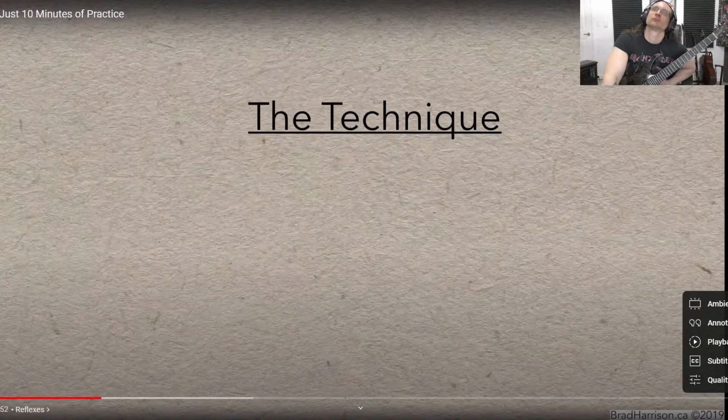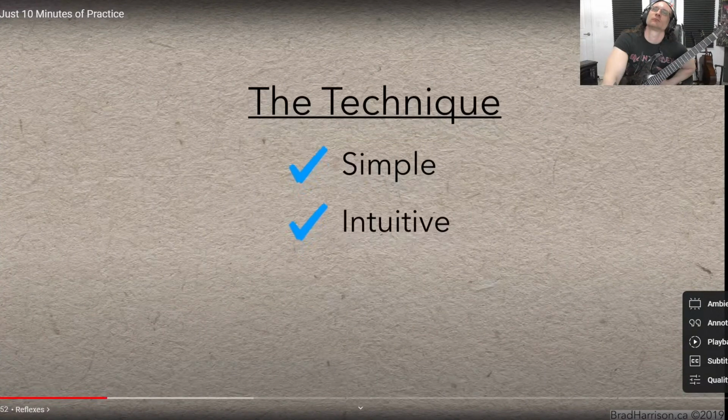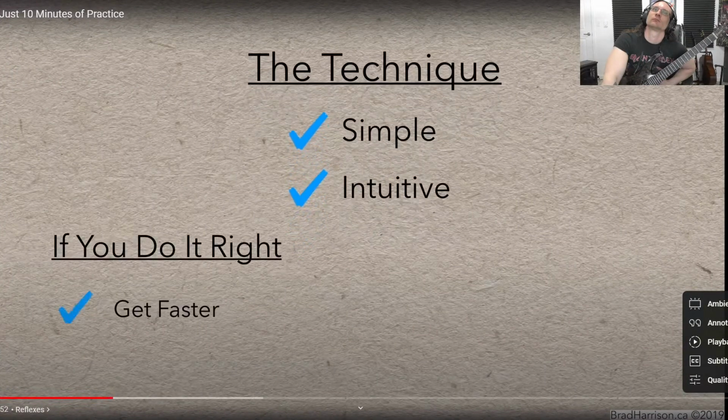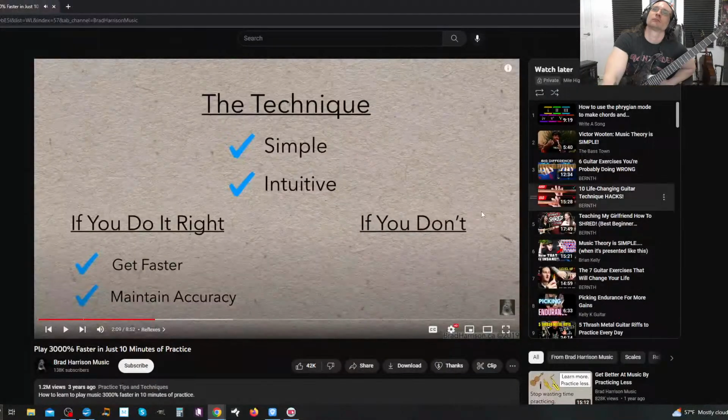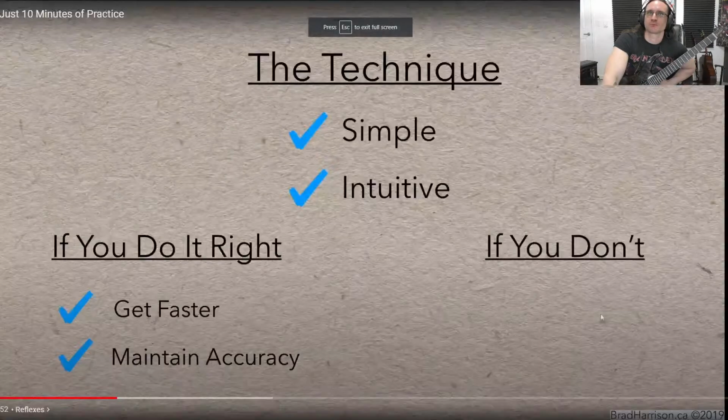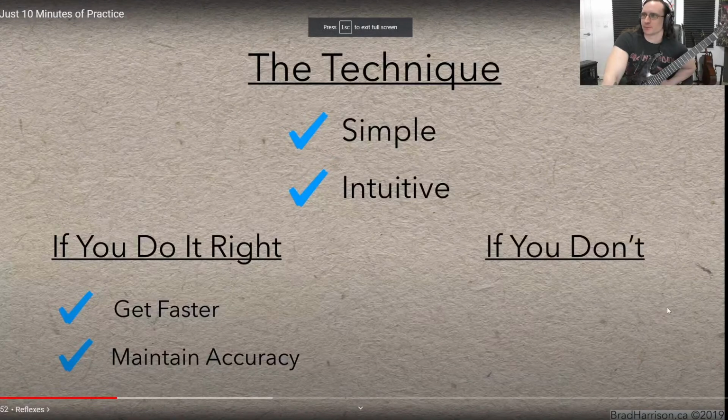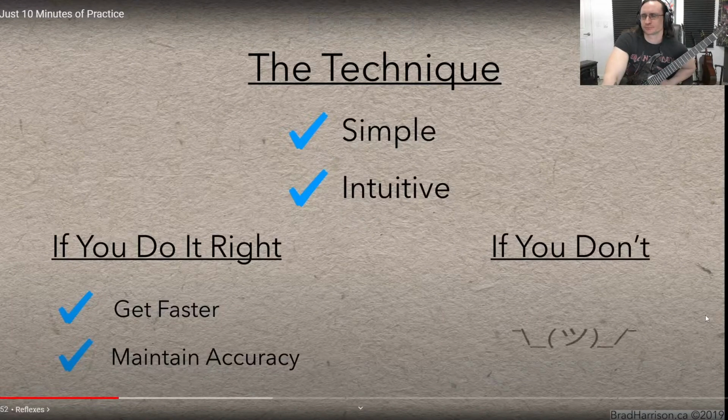The technique for getting faster at playing music is simple and intuitive, but unfortunately, it's often poorly executed. If you do it right, you're going to get faster and maintain accuracy. If you don't, well... Oops. Anyway, I'm not going to interrupt yet. No guarantees. Now, I do have a specific and detailed method to achieve this massive increase in speed, but it's